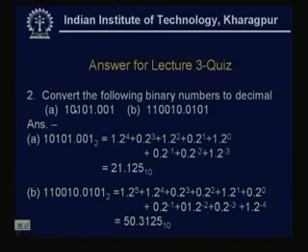The second question was to convert the following binary numbers to decimal. As the binary radix is 2, using the formula we did, this should be 10101, meaning 1 into 2 to the power 4, where 4 is the place value. Similarly, 0 into 2 to the power 3 plus 1 into 2 square, 0 into 2 to the power 1, 1 into 2 to the power 0, and the non-integer part 0 into 2 to the power minus 1, 0 into 2 to the power minus 2, 1 into 2 to the power